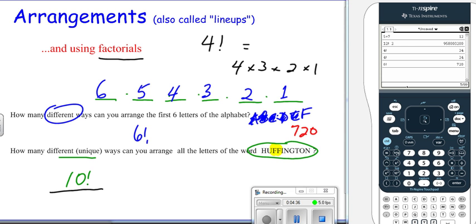So taking those 2 F's and dividing out 2 F's with 2 factorial. And we also have in this problem, there are 2 N's in this word. There's an N there, there's an N there. So I'd have to divide out another 2 factorial to compensate for the 2 N's. And I don't see anything else that repeats, so we could pick up our calculator and we could type in